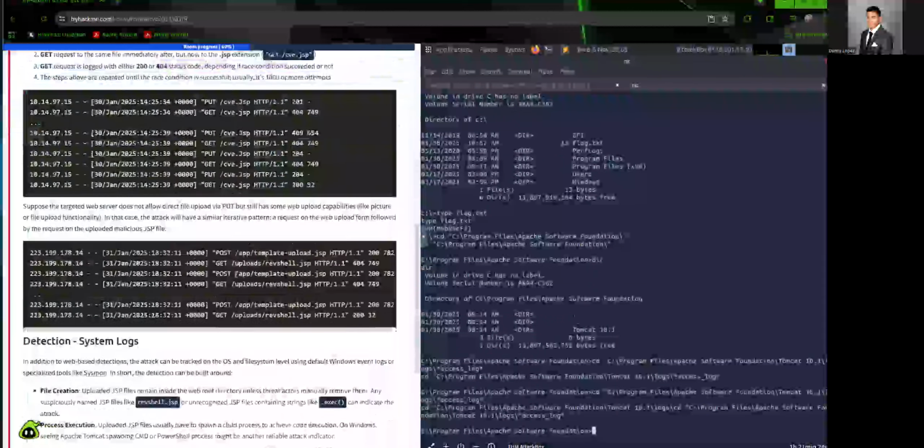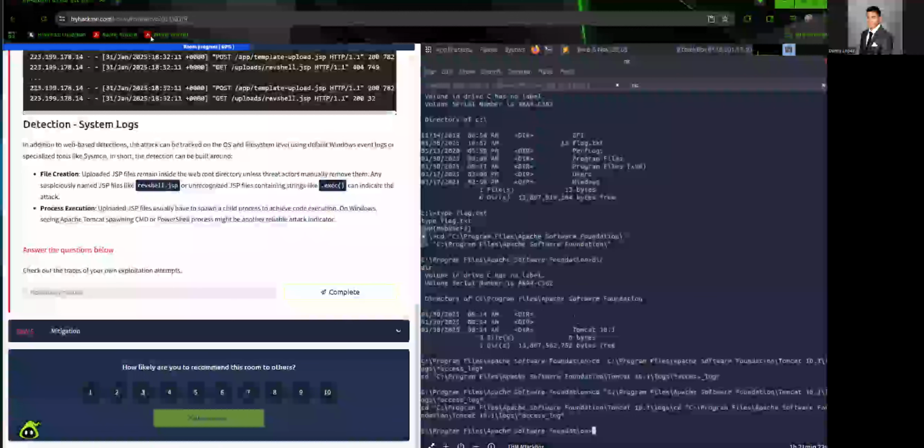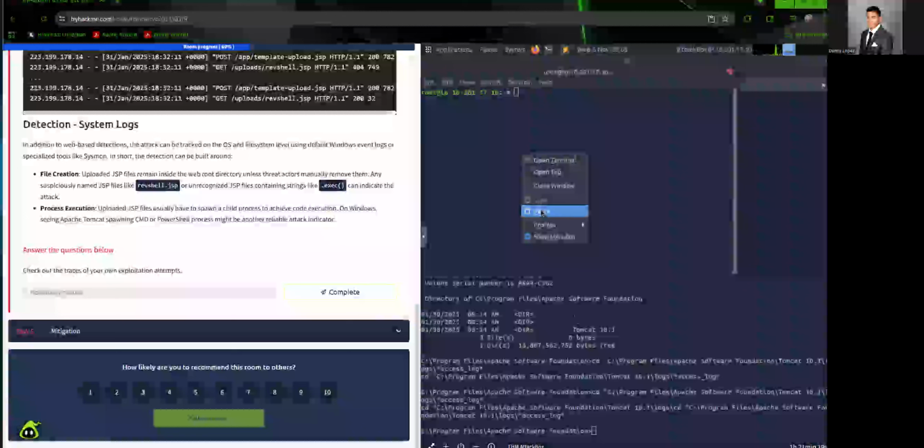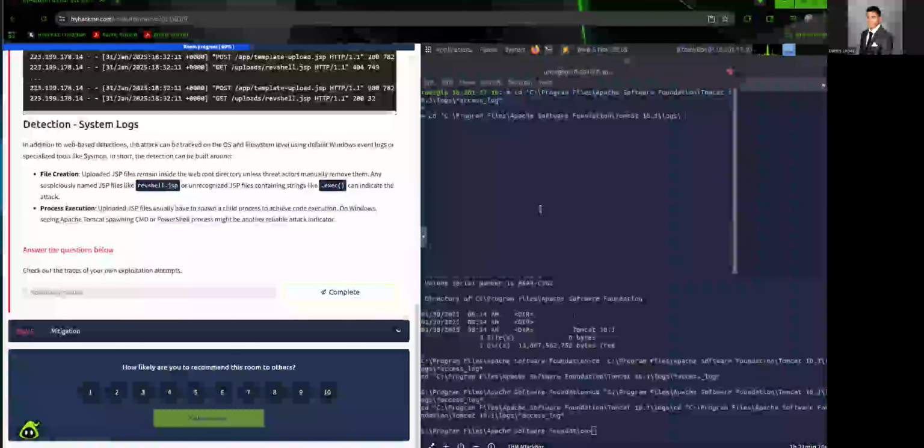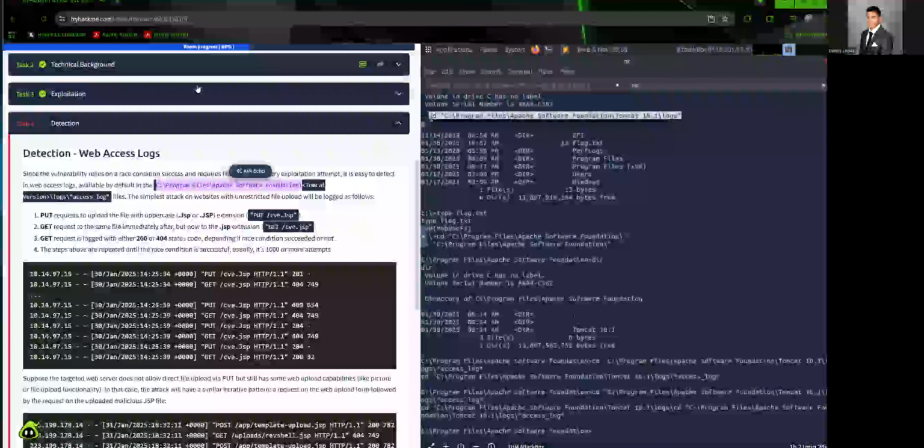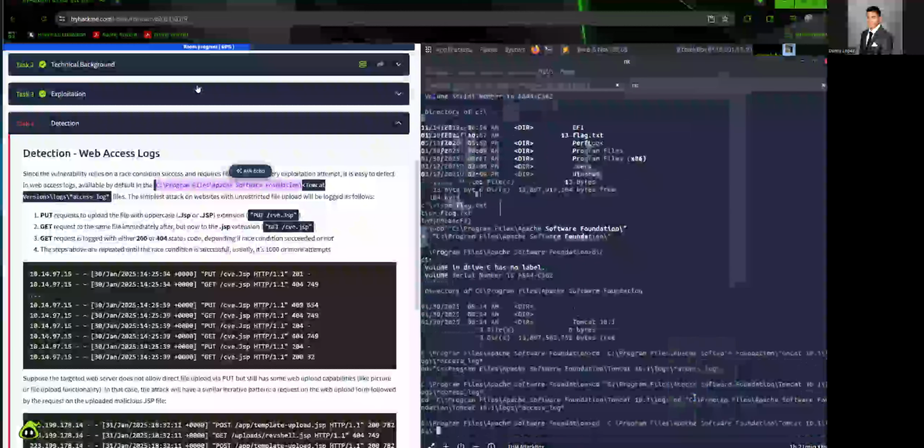Let me insert it somewhere else so I can edit it. CD, okay, logs. There we go. Take this, copy, paste it here.